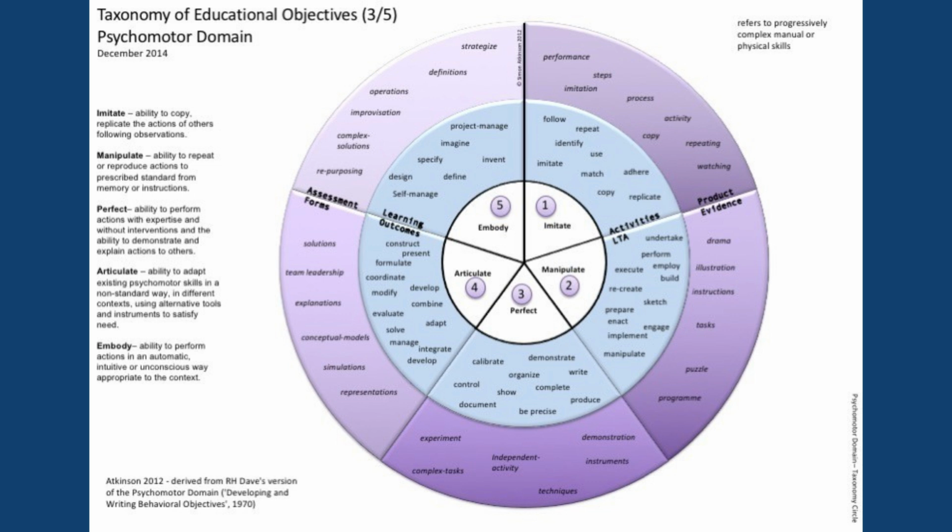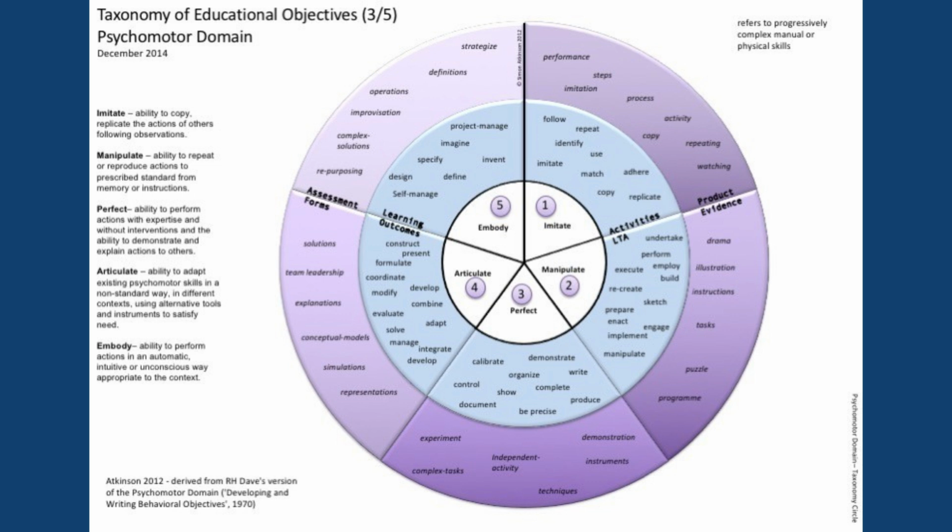And this is another model. I'm not sure how well you can see it. It's showing up a little fuzzy on my screen. But this was developed by Atkinson in 2012, and it's a version of Dave's taxonomy of the psychomotor domain. And there are different